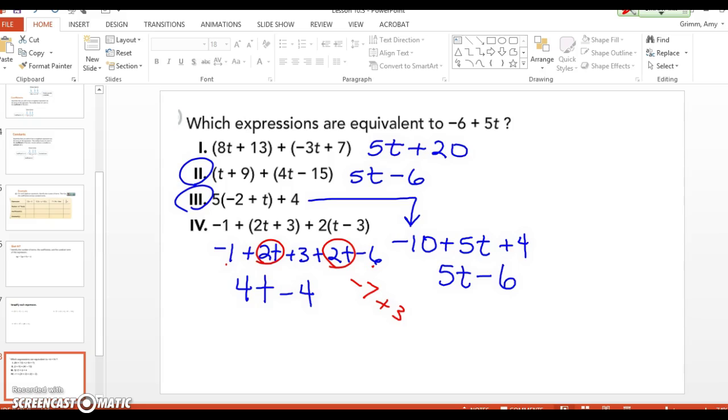We didn't multiply the last one. Oh, you forgot to multiply the last one? Yeah, 2 times negative 3. That's like the number 1 mistake, forgetting to distribute. Okay, any other questions on that before we start whiteboard practice? Okay, so when you go to the last slide, you'll see that